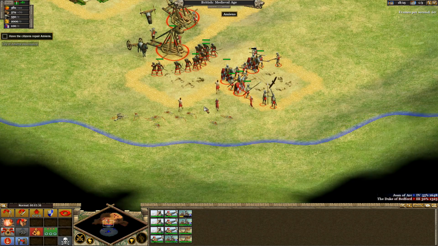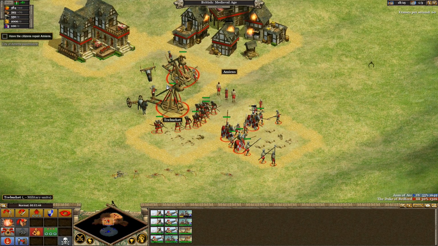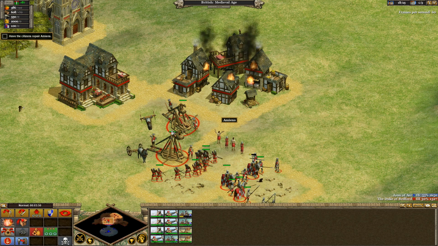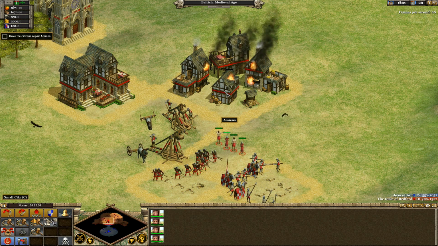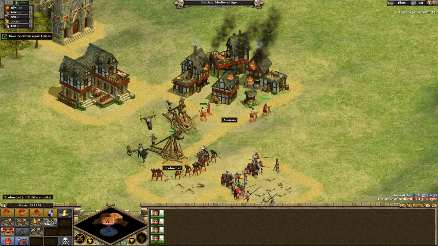A few enlightened French citizens have become sympathetic to our cause and have volunteered to aid our rightful claim to the French throne. Sweet. To help us rebuild Amiens to its former glory. Select your citizens, then right-click Amiens to start repairing the city. Good. While the citizens are repairing Amiens,